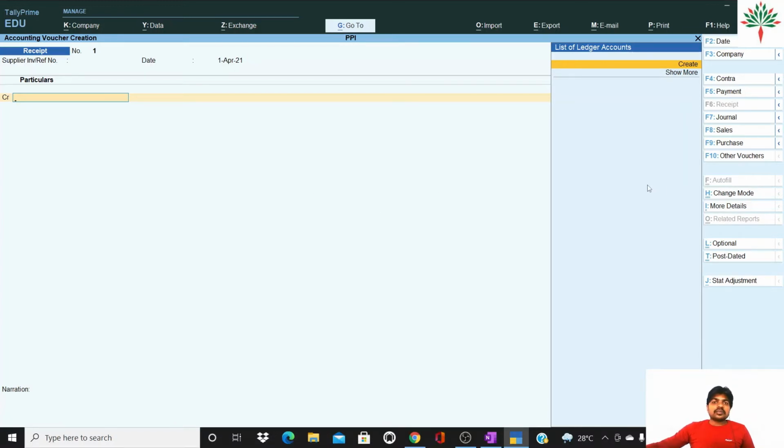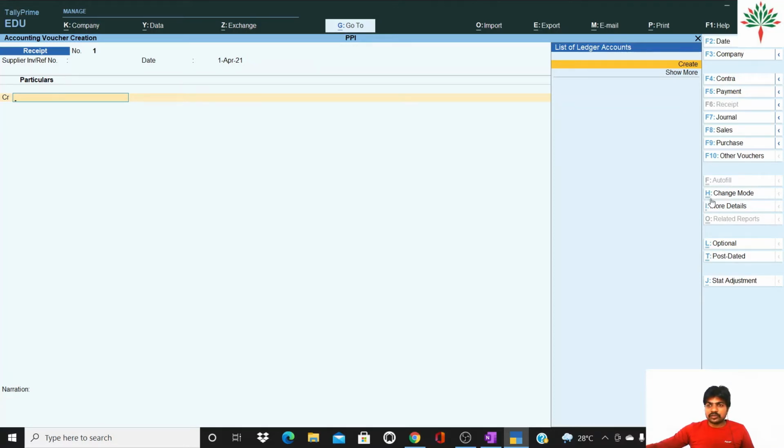In the earlier versions of Tally, that is Tally 9. Now it is Tally Prime that we are using now. In Tally 9, the option of single entry and double entry was coming under the settings option only, that is under the F12. But now they have given it separately here under the change mode. You can see here change mode. To go to the change mode, either you can click here or you can use the shortcut key.